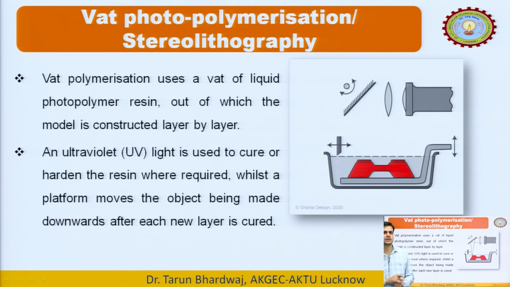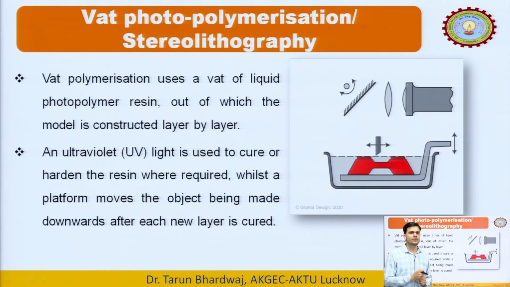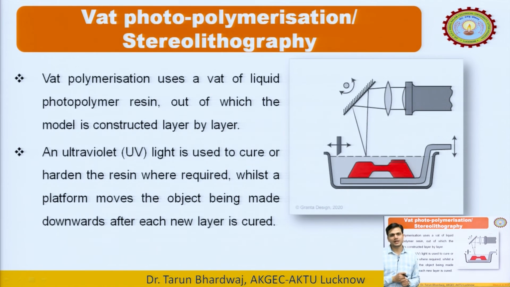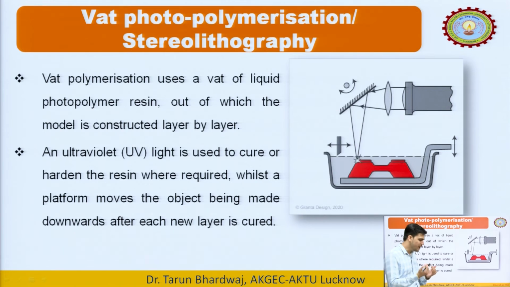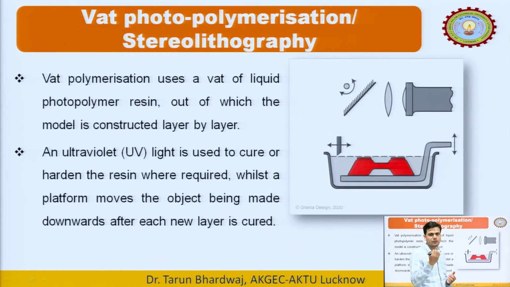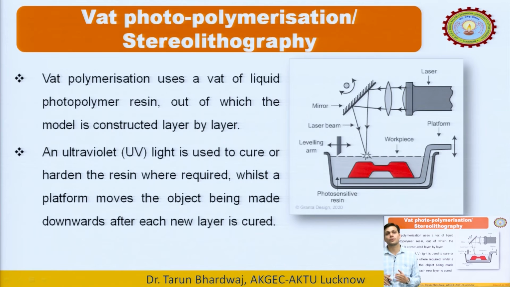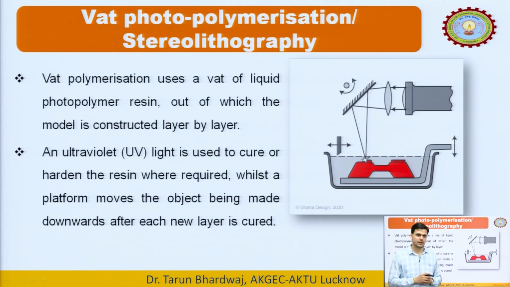Okay, as you can see in this video also, UV light is used to cure or harden the resin where required, whilst a platform moves the object being made downward after each layer is cured. तो आपका जो vat है वो बार बार डाउनवर्ड हो जाता है, ठीक है. तो that's why the name is given over here, the vat photopolymerization. Okay, so